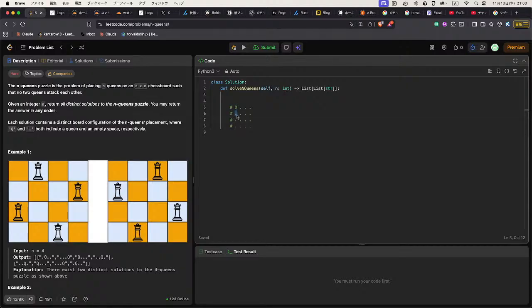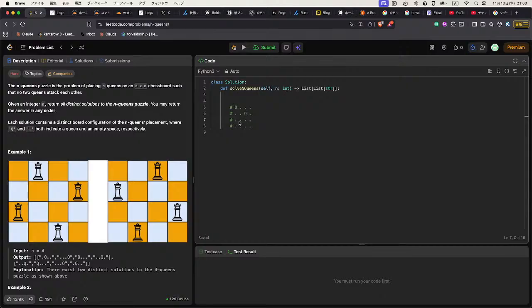Here is also not allowed, so going to here. This is also not good because it's on the diagonal line of this queen, so we are going to place here,